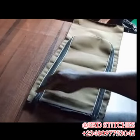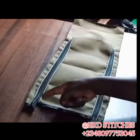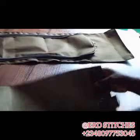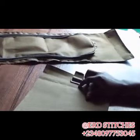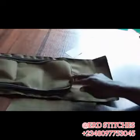Okay, this is what I have after stitching it. So I'm going to trim off the excess I have here. I'm going to work on this down gusset. Now we are going to join this and this together, but when you look at this, we see that this